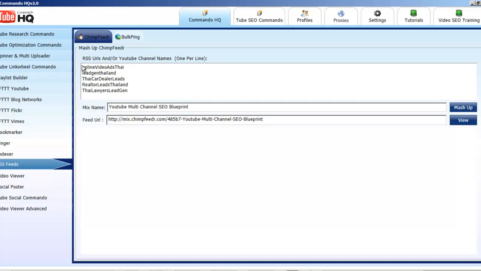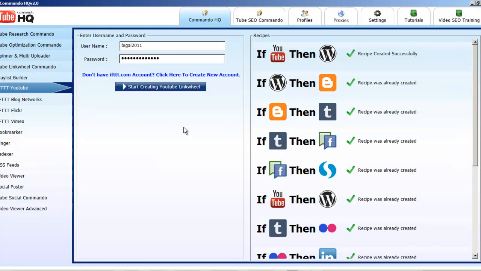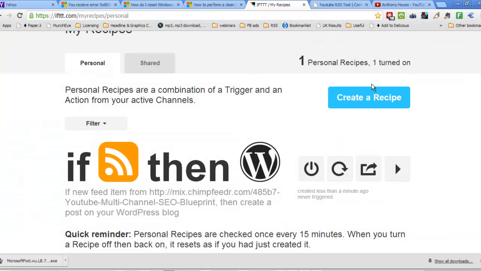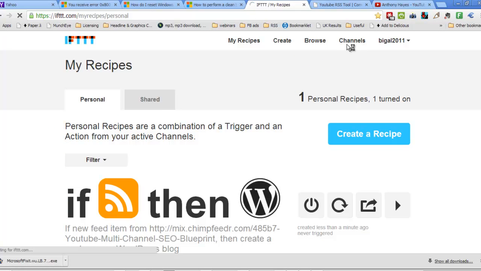Right, okay, so any new videos uploaded to any of these 5 channels will be syndicated into a YouTube link wheel. The way we're going to make that happen is to go over to the software, into the IFTTT YouTube, and you can see I've got my IFTTT username and the password, and all I have to do is start creating the YouTube link wheel. Now before you go and click this button, just make sure you go into your channels section here of IFTTT